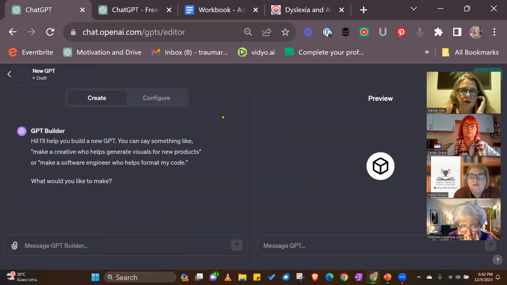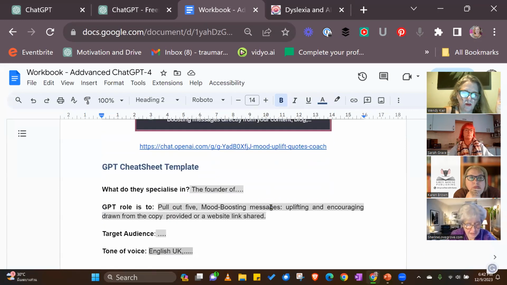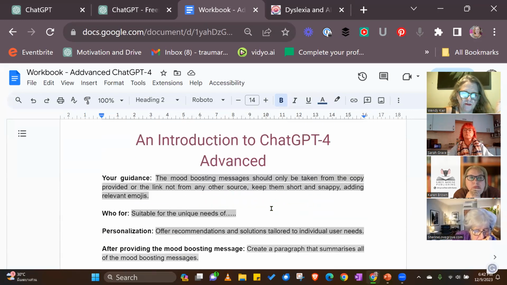What it will do is help you to create it. Now, you can obviously do it this way, step by step. Or before you even get here, you can go through the exercise and think about what the different steps are.